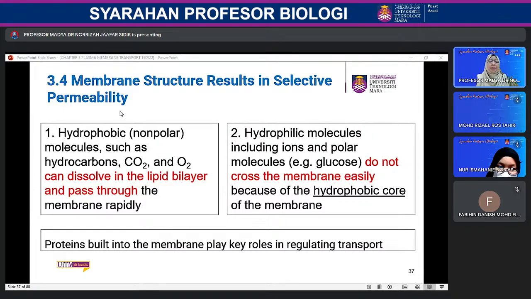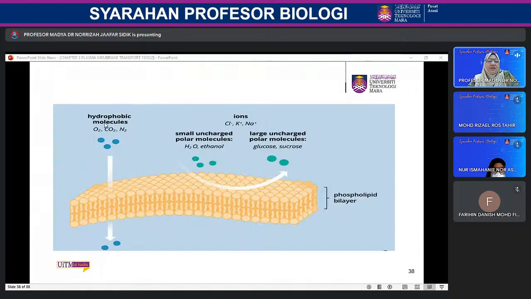So now firstly we look at the hydrophobic molecules. What are examples of these hydrophobic molecules, which are the non-polar? Examples are the hydrocarbons, carbon dioxide, and oxygen. So these hydrophobic molecules can cross the phospholipid bilayer, whereas the hydrophilic molecules such